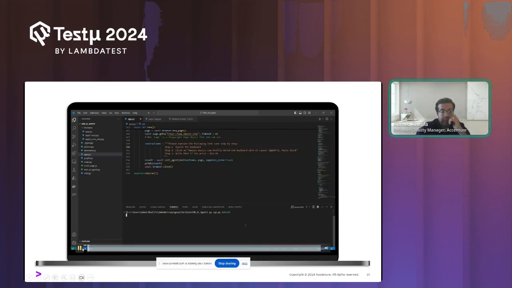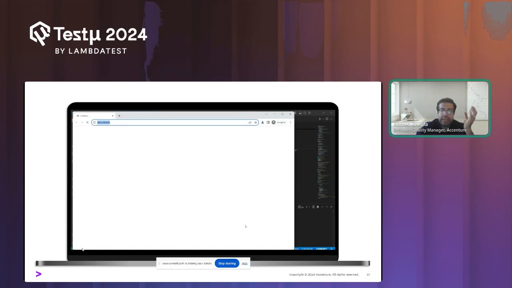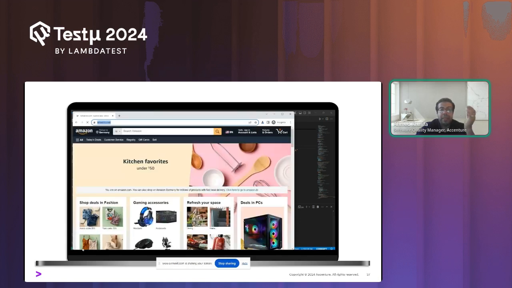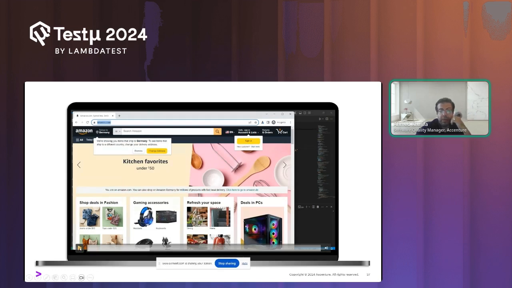And what will happen if I just play this? The main idea here is this instruction will go through the agent. The agent will realize I need to do these tasks, and it will try to do it step by step. And here, I just would like to stop because here is the main idea of the visual capabilities. Because what will this agent do? It will identify each and every element here with a tag, with a number. So it will use the visual capabilities to see this keyboard or this image. It will take number 14, for example, or this search bar, it will take number 4.